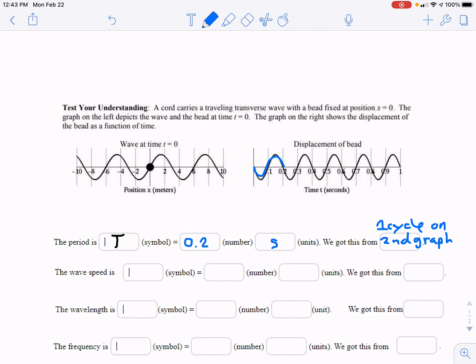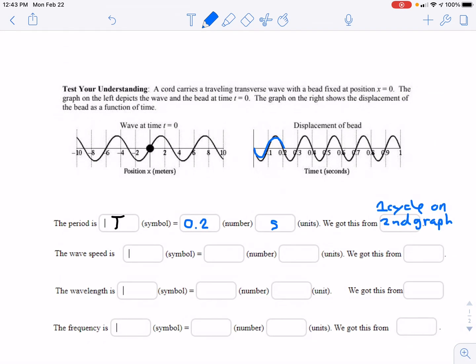Okay, now wave speed, I'm going to skip that one. I'm going to come back to wave speed because we have to build up to that. Wavelength. Well, similarly, wavelength is one cycle, but it's measured with a unit of distance rather than unit of time. So if we go over to the left graph and we follow from, let's say, this point here,